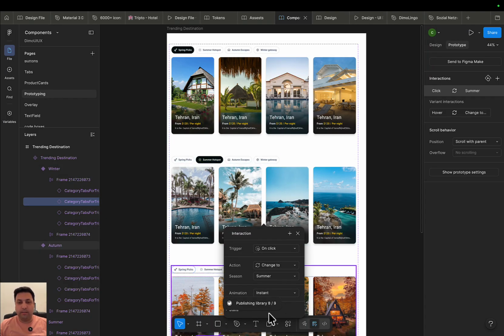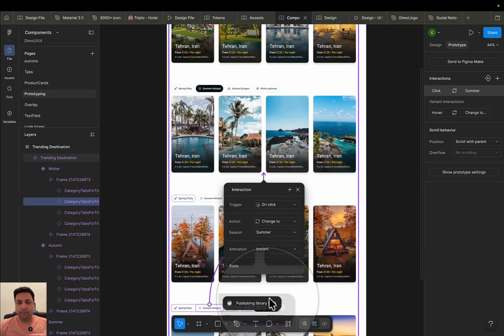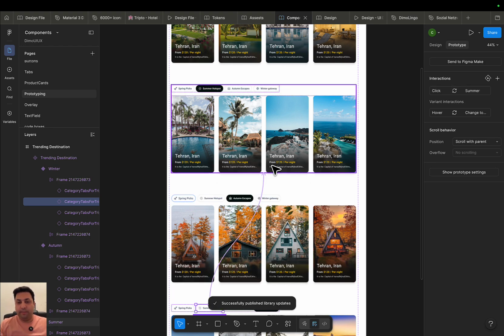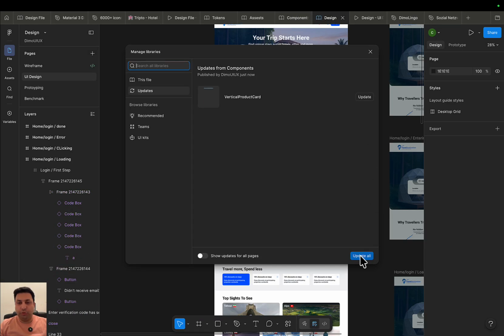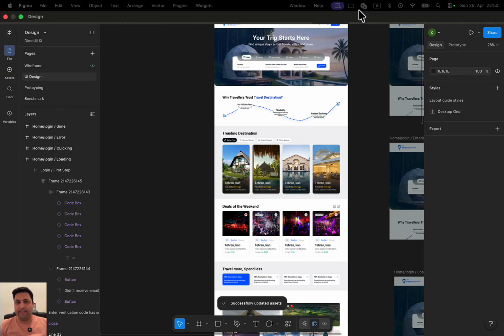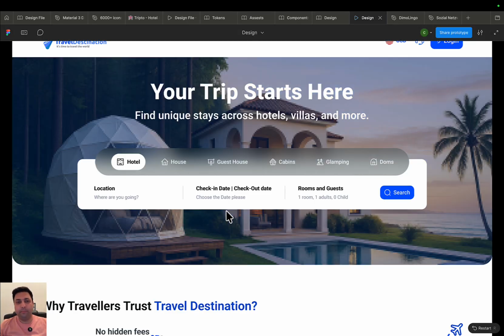So 9 components is publishing library now. Let's wait for the last one here. Sometimes it takes time. So we gathered the pictures, they gather together, make them one component, and now here we want to use it. So update all, and let's see, can we use it in the prototype? So let's reload this page actually. So here works,